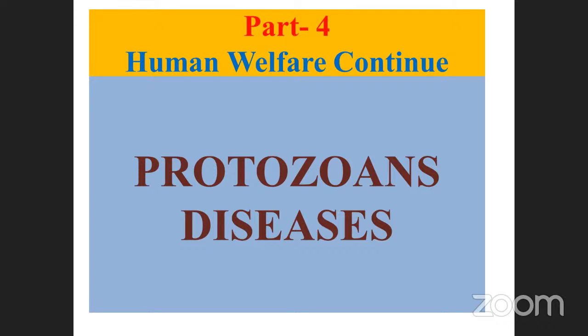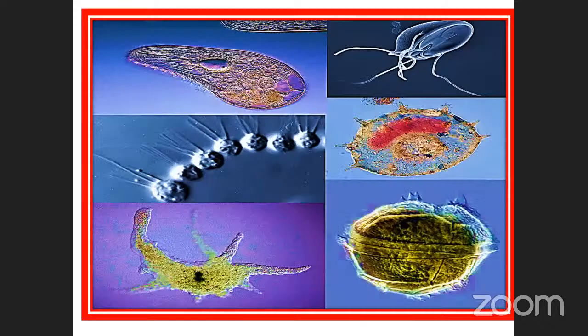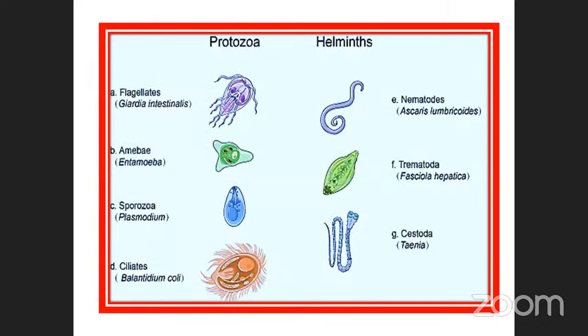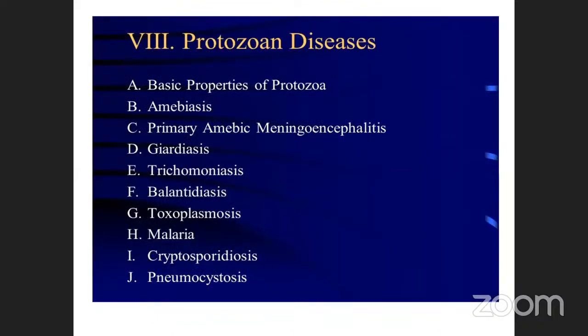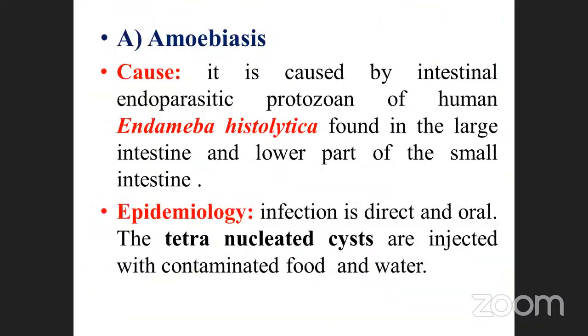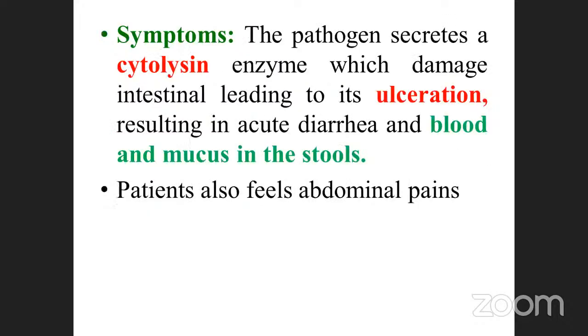Hello, students. Last class, we discussed the protozoan diseases, isn't it? What types of protozoan diseases did we already discuss? Will you please tell? So, Entamoeba histolytica is the first one, isn't it? It is also one of the protozoa. And then malaria, what are the types of malaria? Okay, those things we already discussed.